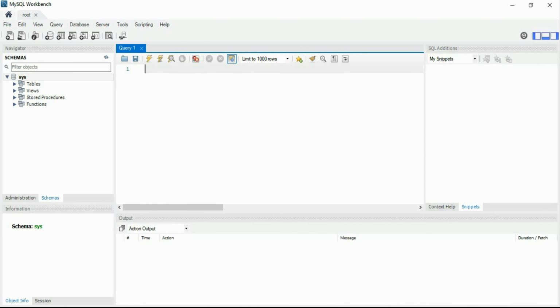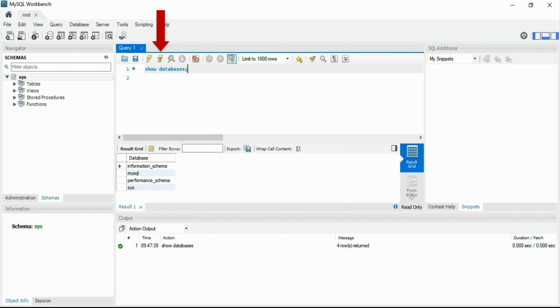Let's write some queries here. Firstly, we will check the stored databases information using the command show databases. If we hit enter, it will not execute our query. In the workbench, the enter key takes you to the next line. So, to execute it, we need to select the statement and then press enter with the control key, or you can use the flash with cursor icon to execute the single query. But it will only execute the query where your cursor is positioned. The flash icon is used when you want to run the selected queries or all queries in one shot.